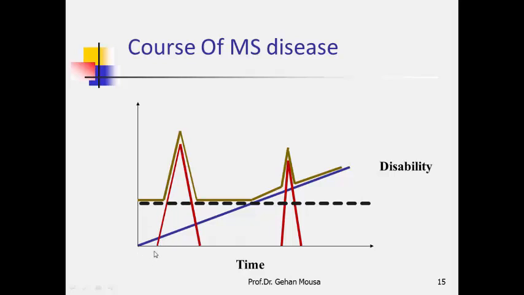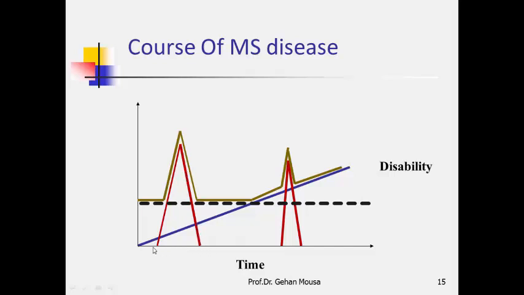The patient spent part of his life free, normal, and healthy. Then a high attack occurred and reached its peak. After a certain time, with treatment, the signs and symptoms declined